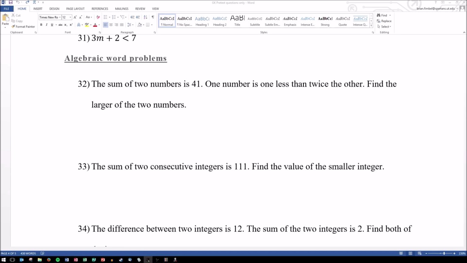Alright, let's move on to the next one. Now this one I can show you two ways to do it. One's the lazy way, which I prefer, and one is the way all the study guides show you. So we have the sum of two consecutive integers is 111. So x plus y is equal to 111, when in reality we don't have two unknowns. We know that they are consecutive, meaning they come in order, 1, 2, 3, not 3 and 5. So they're going to count. So I'm going to go ahead and get rid of y. We don't need that. We're going to have x plus the first number plus 1